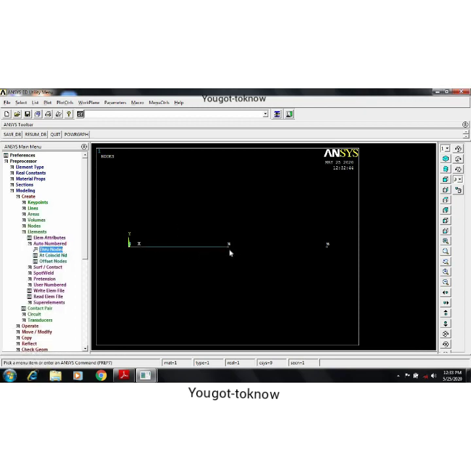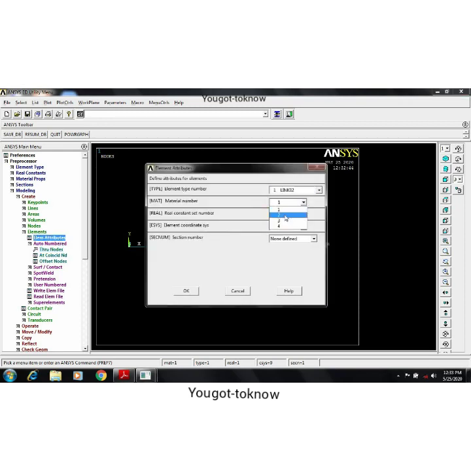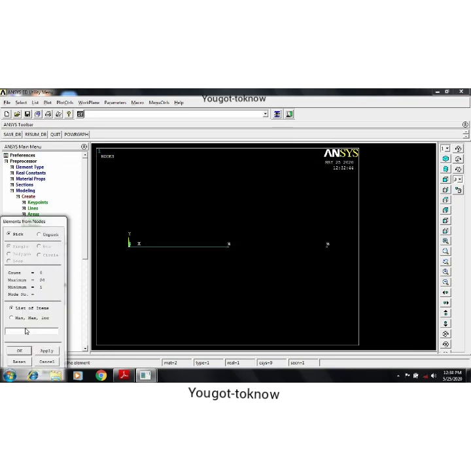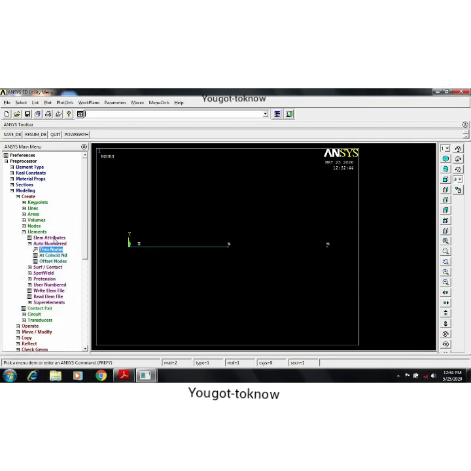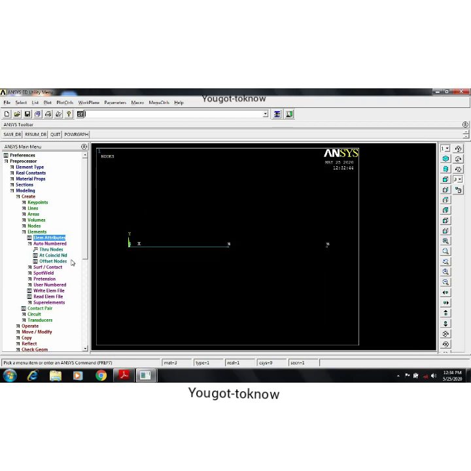Now once again element attributes 3 and 4, it is once again a conduction, but in element attributes I want to change the property, because I want to give the K value as 1. For that, keep where you have given K, material model 2, or K will be equal to 1. Give that value, give OK. Now through nodes, now once again select it 3, 4, give OK. Then after creating this, now go once again to element attributes, once again conduction, this is your element number 3 here, material number 3, same, keep it same, give OK.